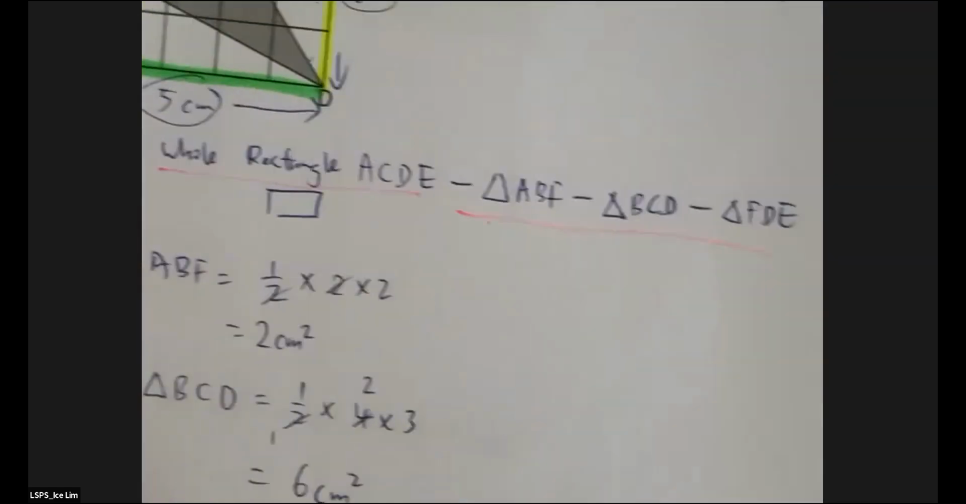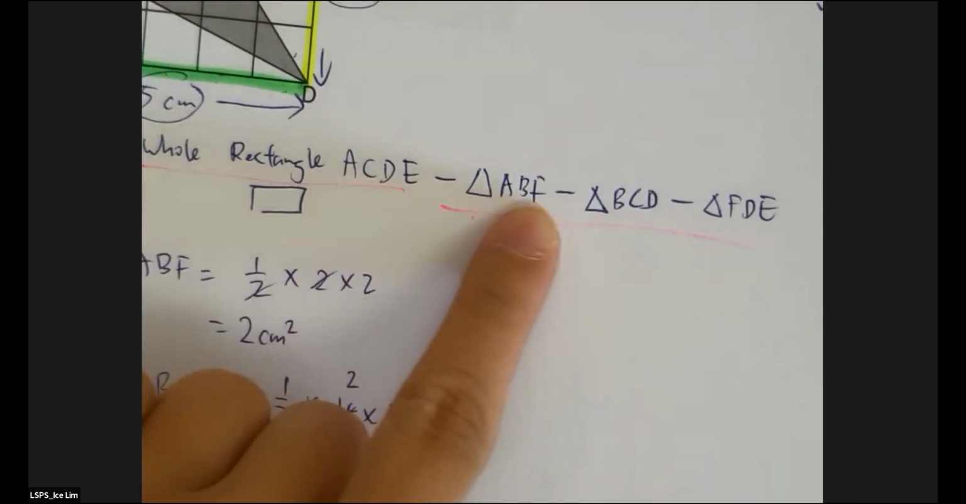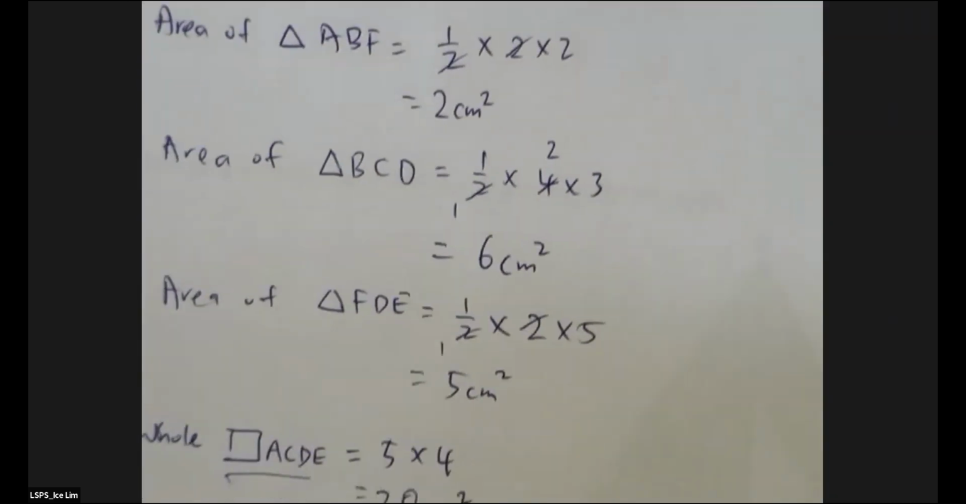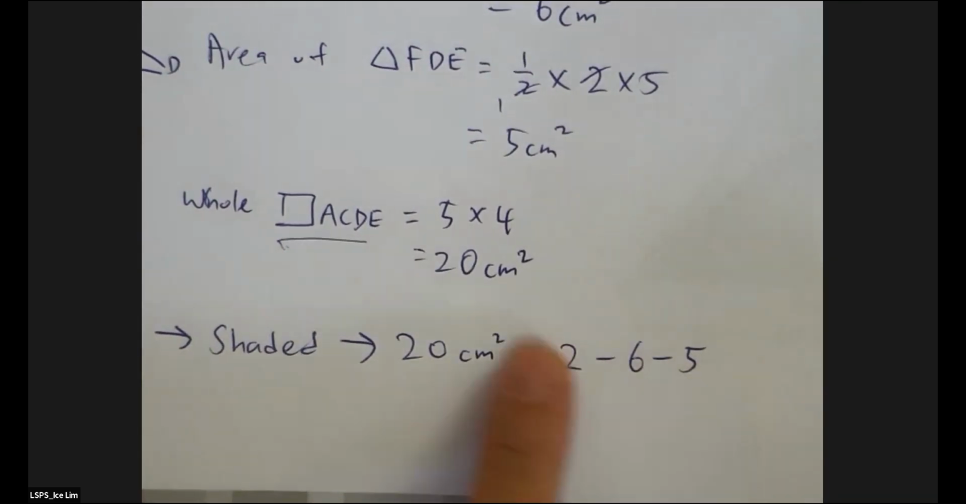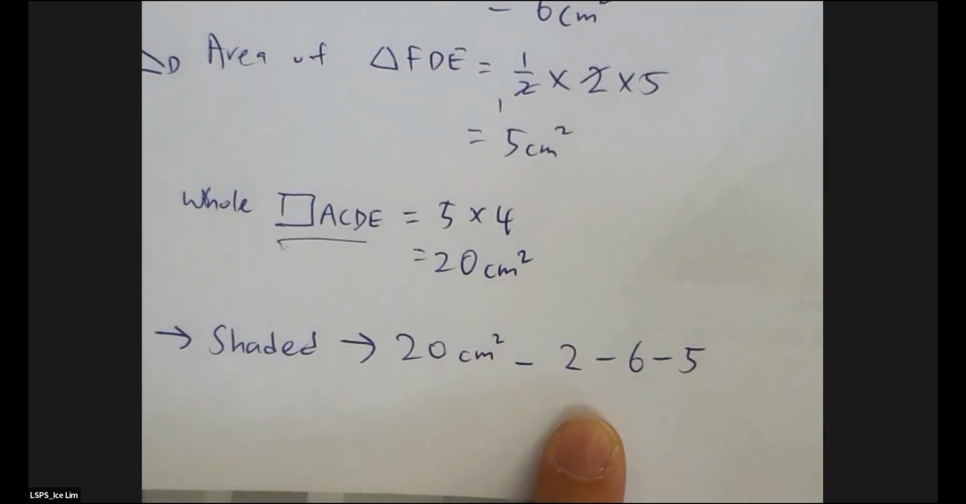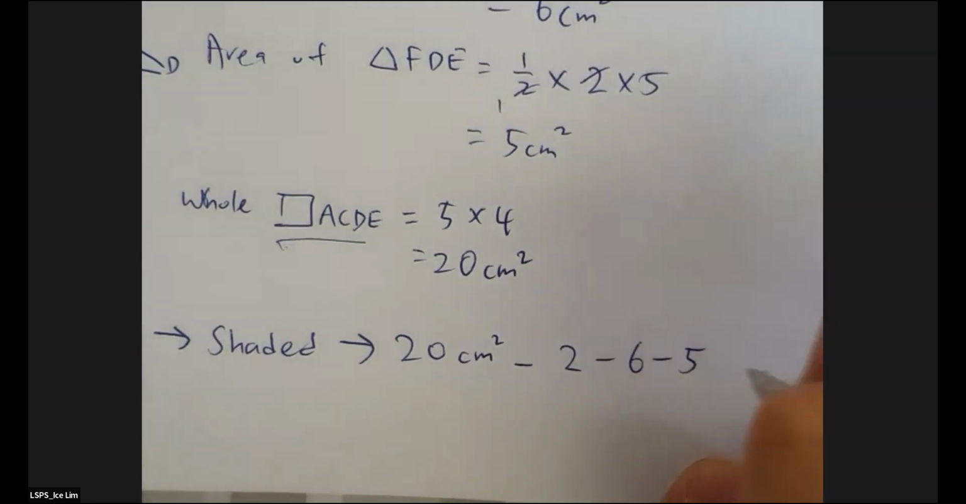So this is the first sentence, right? The whole minus the small little parts. I found the small little parts out already. Then I find the whole. I use the big one minus this. Well, it's the same as